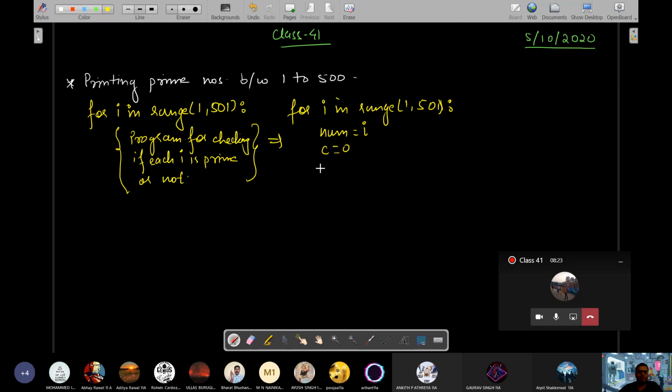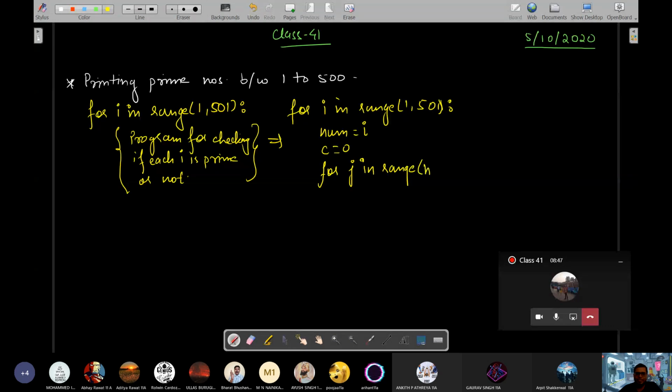Then you will start a loop. I you have already taken, so we'll take another name for the identifier of for. For j in range, we will generate a list of numbers between 1 to that number which we want to check as prime, in which case every time the number will be different.